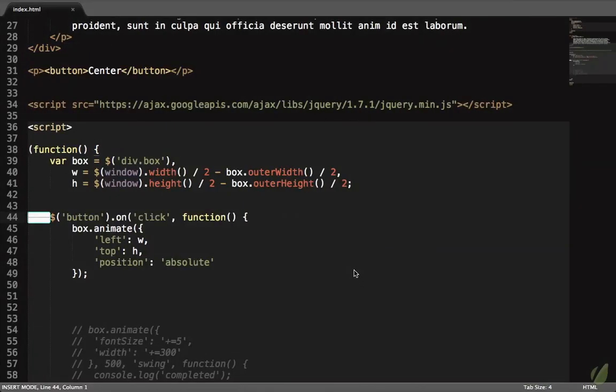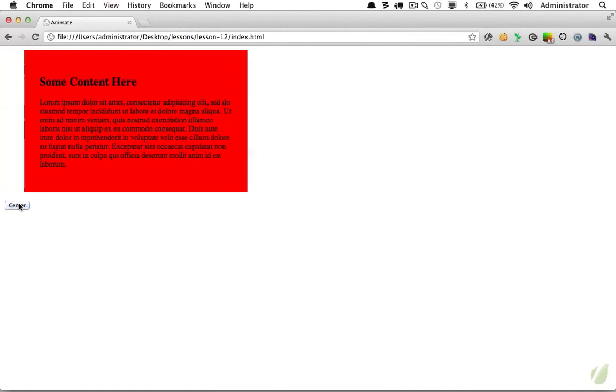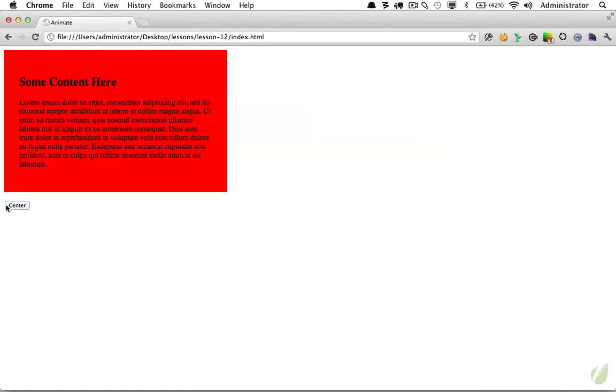So what if at this point we wanted to animate to the left and then go down once it's completed? Well, because we know that we can stack these, we can simply add another reference to the animate method. And right here we'll say top is H, and we'll do that one over the course of 2 seconds, and then we can get rid of it up here. Let's try it. Center, and now it comes down,